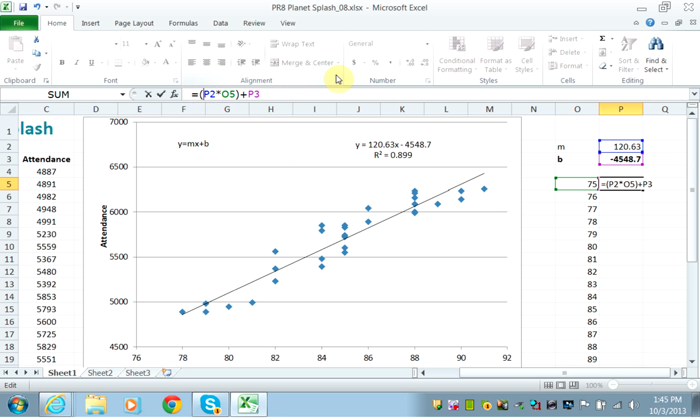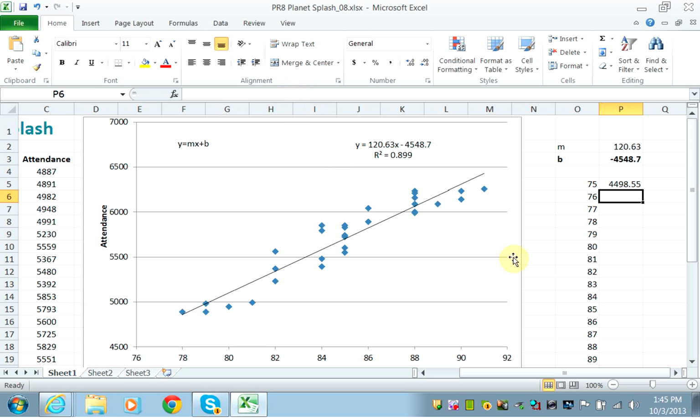I'm going to put a dollar sign before the P and a dollar sign before the 2. And the same thing for P3: a dollar sign before the P and a dollar sign before the 3. And now I know that if the temperature is 75, my attendance will be 4,498. Now I can drag that down